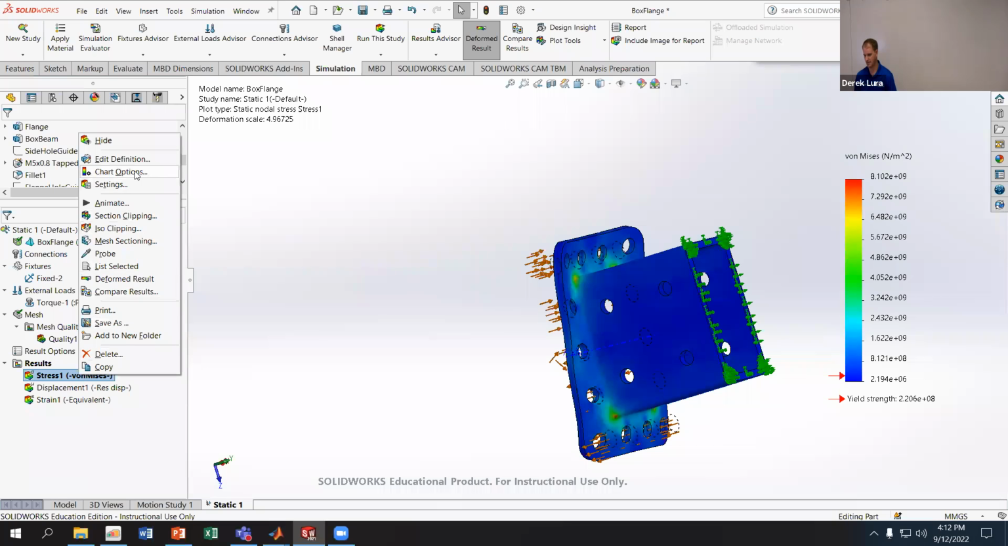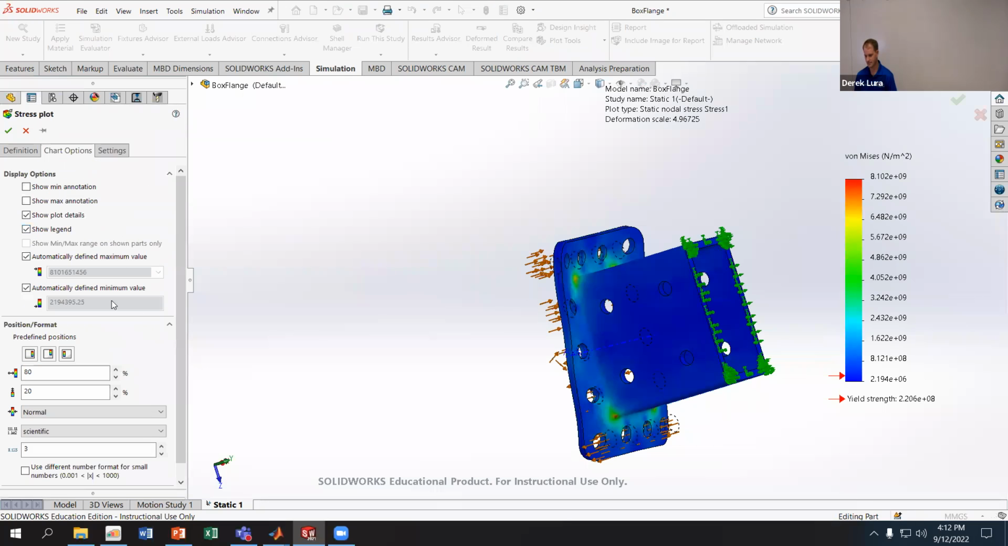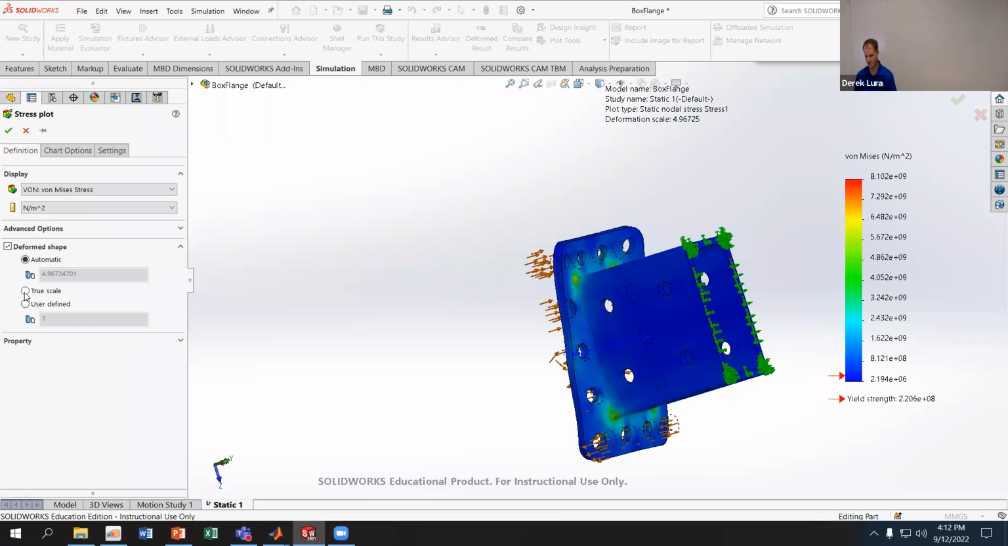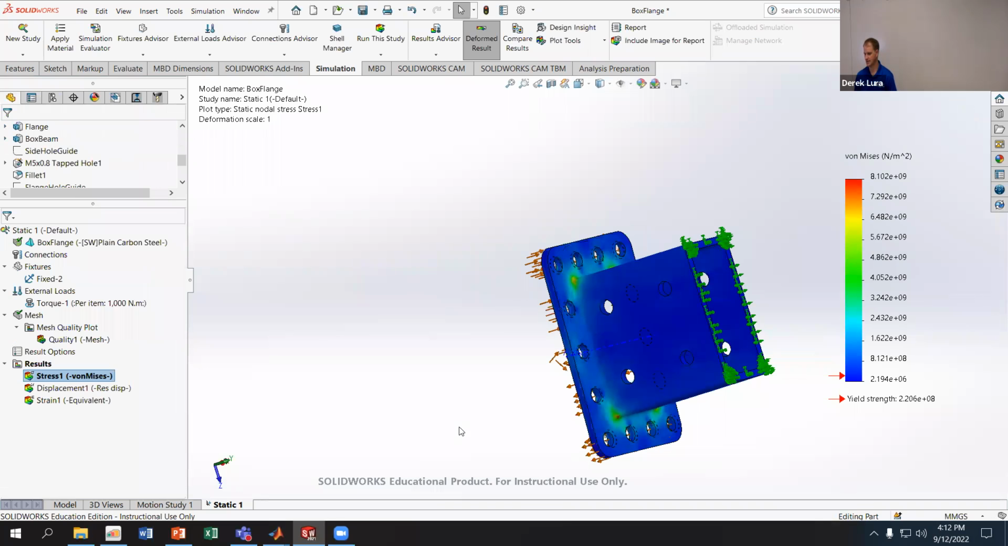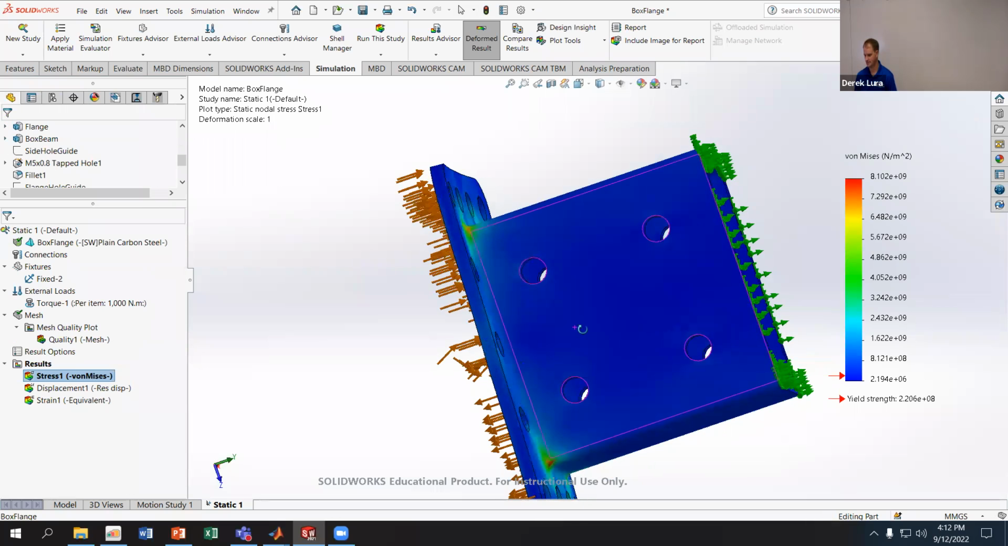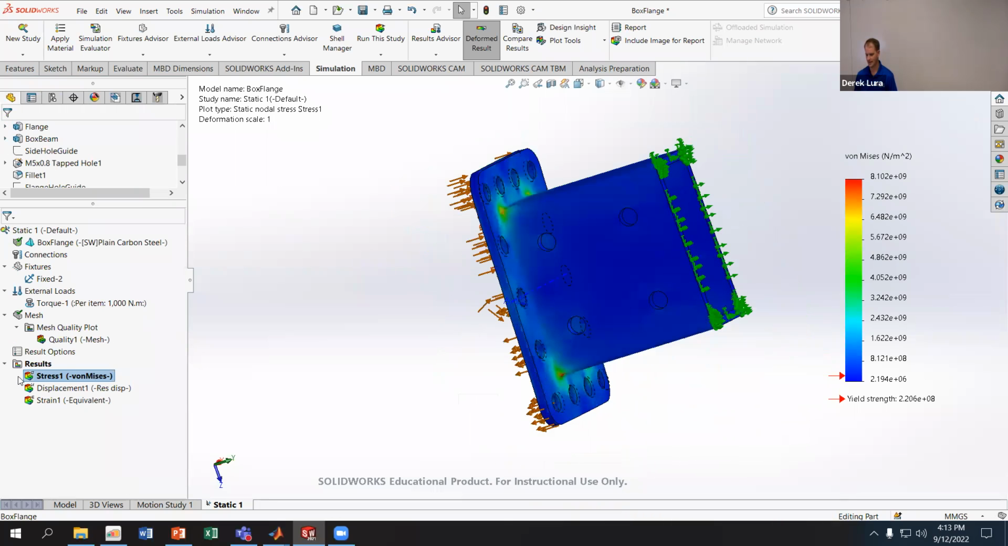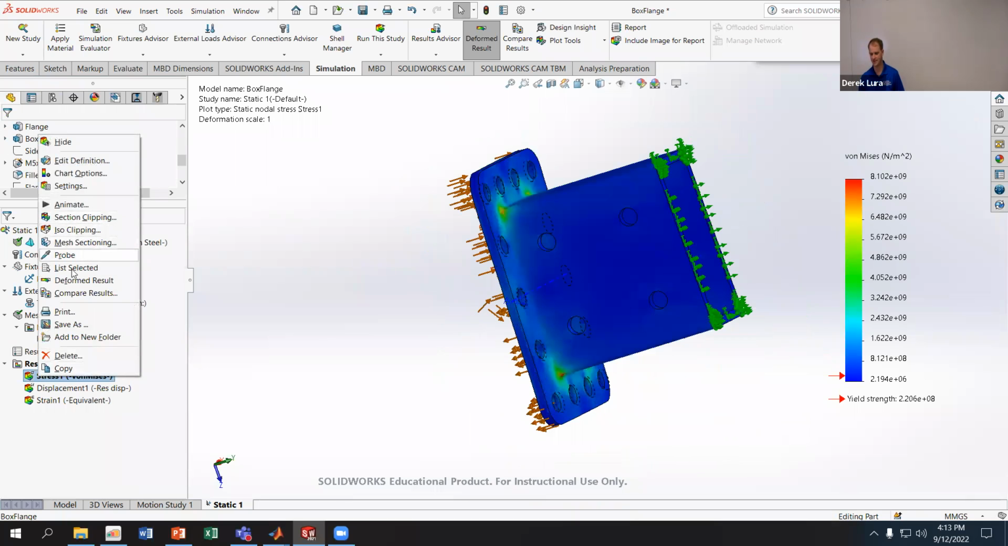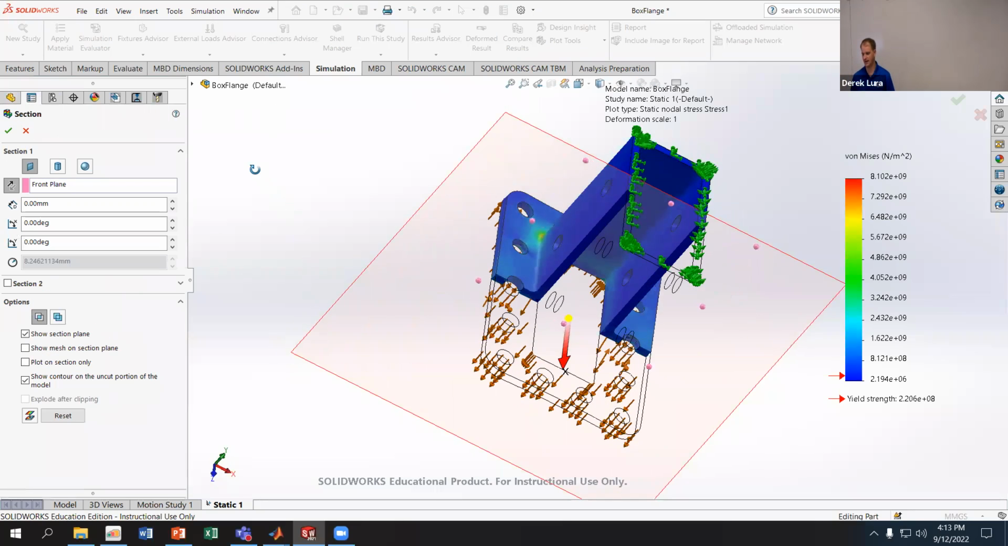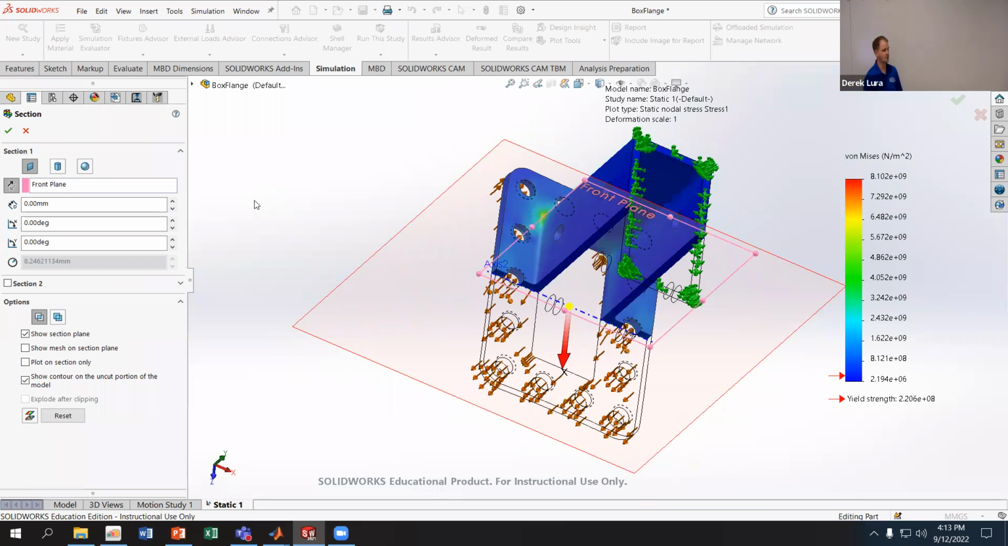So what I'm going to do is go into my chart options. Actually, it's in definitions. So I'm going to use true scale, so that the deformations are not exaggerated. And then in here, I have all these different options that I can use to look at different regions of the plot. The first thing to look at here is the section clipping. What that's going to do is allow me to cut a part in half, just like I would for a section view,